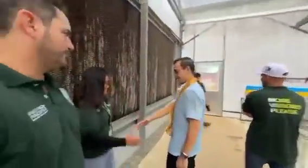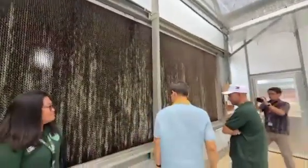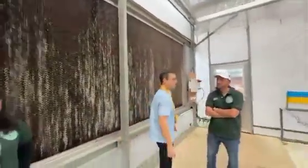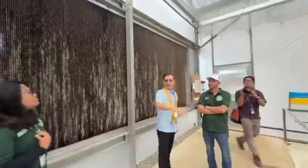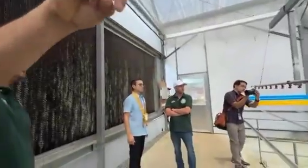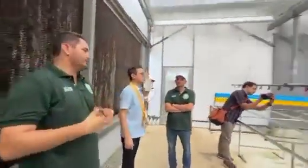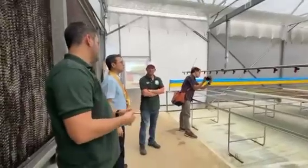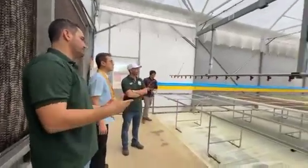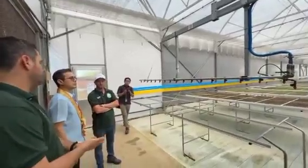Jamaica, our supervisor. Again, the climate control here, the humid wall, the fans, the irrigation net, all of them are working together all the time. We have a sensor over there that we program for our pressure, irrigation control, temperature and humidity. So once you program the system, it works like